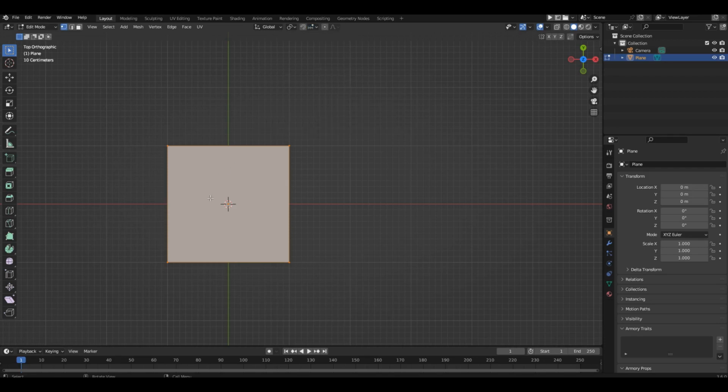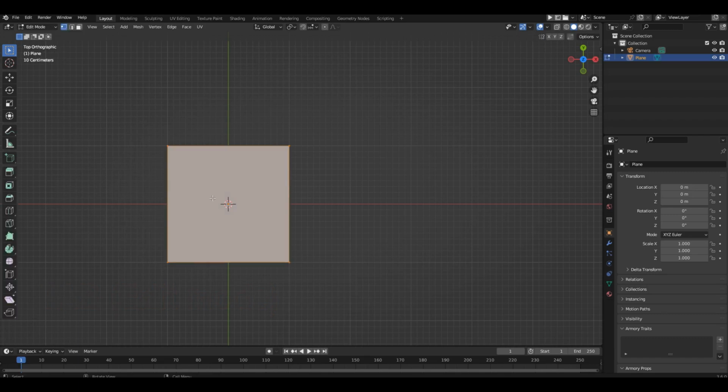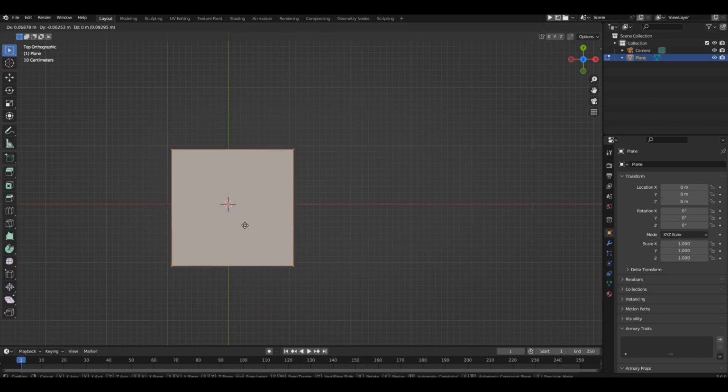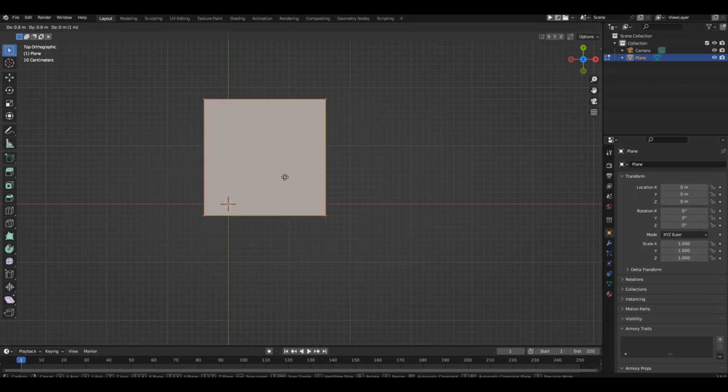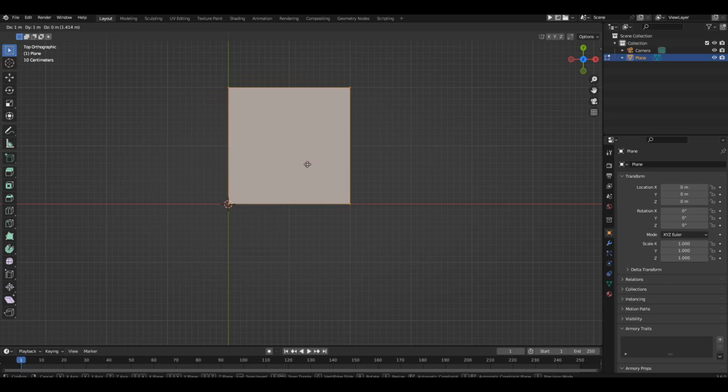Now, while holding the Control key, snapping to the grid will work. Select the object, press Tab to enter edit mode. Select all, press the G key, and move the mouse to the desired position while holding the Control key. Align the bottom left corner with the center of the coordinates and left-click. Switch back to object mode using the Tab key.